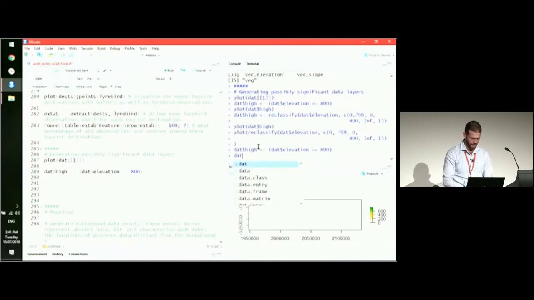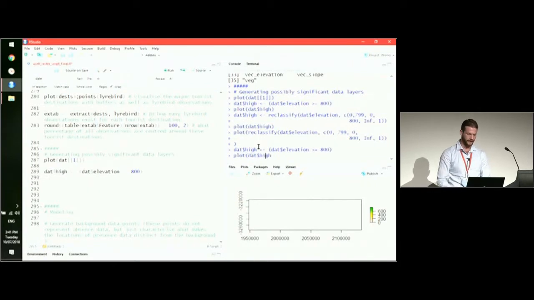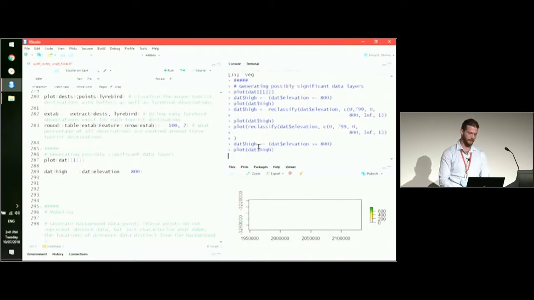But there may be some ecological affiliation with how close they are to high areas. This is just another kind of really dodgy proxy for how high something is. And so we'll make a layer called prox. And prox will use a function called distance within raster. And what distance does is, we need to do one more thing first. But what distance does is it